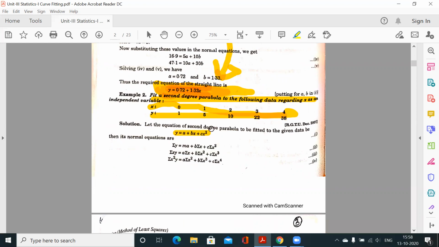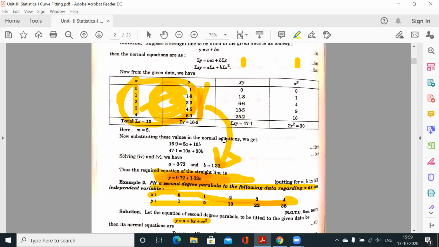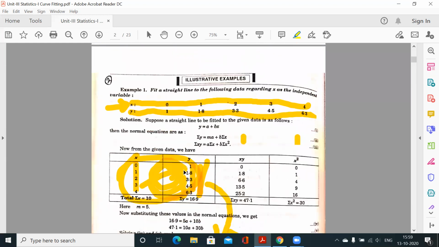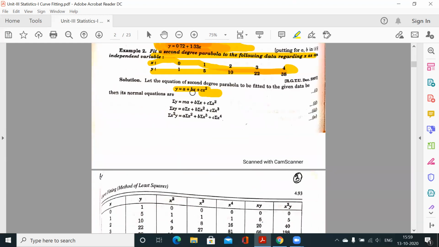ठीक है, पिछले क्वेश्चन में हमें क्या था, लास्ट क्वेश्चन में हमें स्ट्रेट लाइन पूछा था, तो हमने y equal to a plus bx solve किया था. इस क्वेश्चन में हमें क्या पूछा है, सेकंड डिग्री पैराबोला. And second degree parabola क्या होता है, second degree polynomial और parabola. This is a plus bx plus cx square. So we have to find out now this curve y is equal to a plus bx plus cx square,